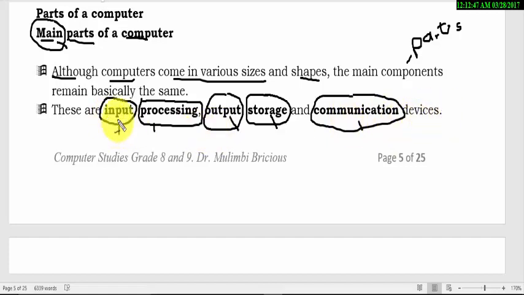Input means entering data into the computer. Processing means that the computer is now working on the data you have entered into the computer. Output means the user is able to see the data which has been entered into the computer, in either data or information. Storage means that the user stores or keeps the data in the computer or outside the computer on secondary storage media. We need to discuss this nicely so that we are able to understand.